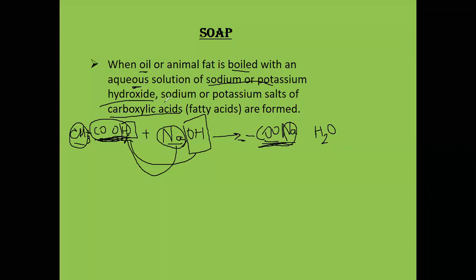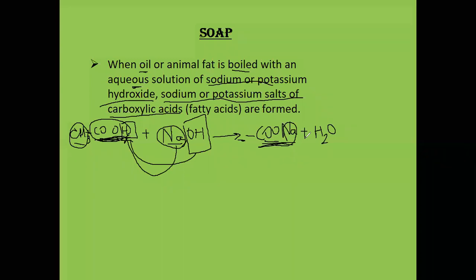Here it is written, look. Sodium salt or potassium salts of carboxylic acid, which is my fatty acid. So this becomes my main functional group of fatty acid, which are called soap. Is it clear, everyone? COOH is the functional group to which the Na had attached. So it has become CH3COONa, which is called sodium salt of carboxylic acid.